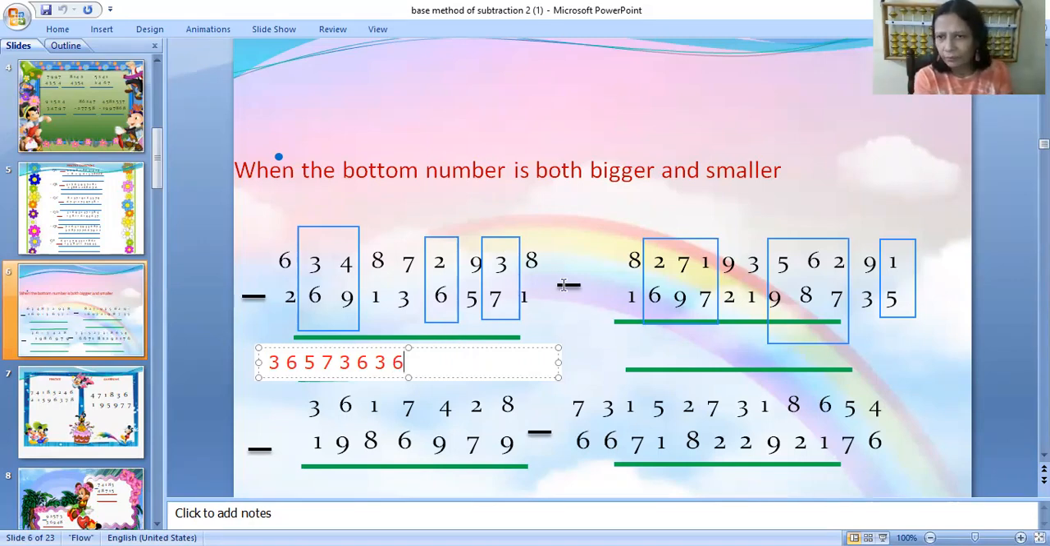Now, as in my previous video, I have told you in the last number you will do 8 minus 1. 8 minus 1 is 7. So you will write down the last number as it is. So now this is your final answer. This is how you have to do this. Okay. Next question is,